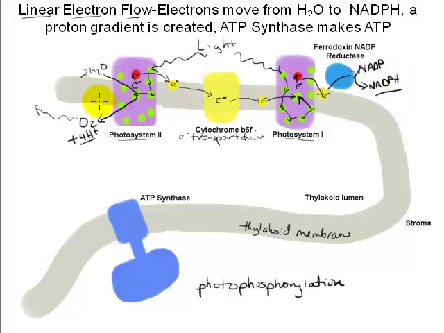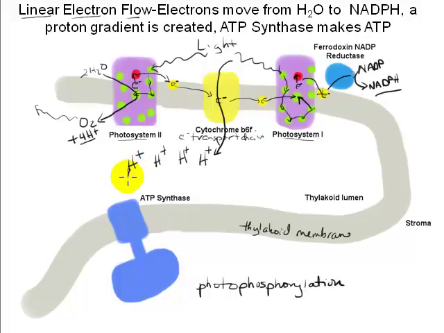So once again, in linear electron flow, electrons flow from oxidized water through photosystem 2, down the electron transport chain, through photosystem 1, and ultimately end up in NADPH. As electrons are moved down the electron transport chain, this cytochrome b6f complex is going to transfer protons from the stroma into the thylakoid space, building a proton gradient, a proton motive force, just like what happens in the mitochondrion. Just as we saw before, that proton gradient is the direct energy source for ATP synthesis by the ATP synthase